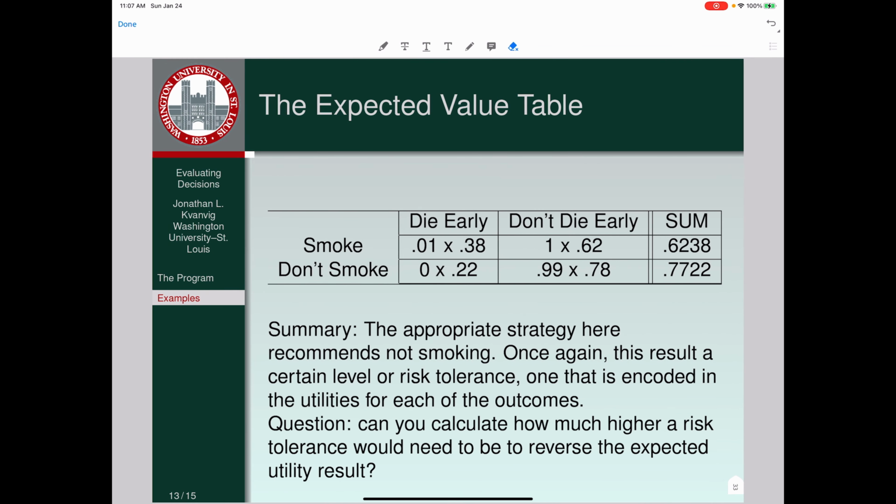Okay, now we have the matrix in front of us, and we also know what the probabilities of each of the outcome spaces are. That was what the 38% and the 22% generated for us. So you put in the 0.38 for smoking and 0.62 for surviving to 65 or older, and 0.22 for dying early if you don't smoke, and 0.78 if you do. Then when you sum the numbers,